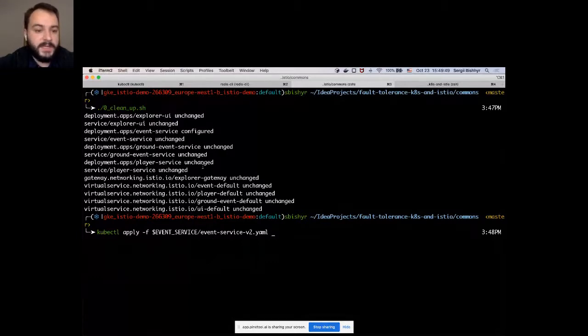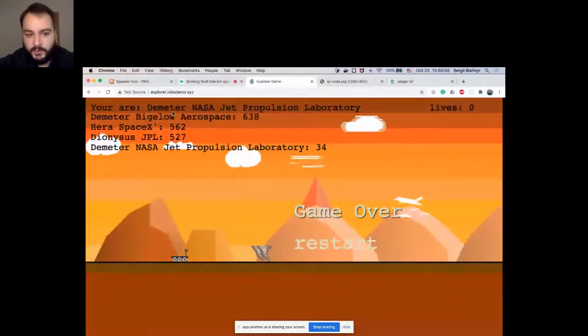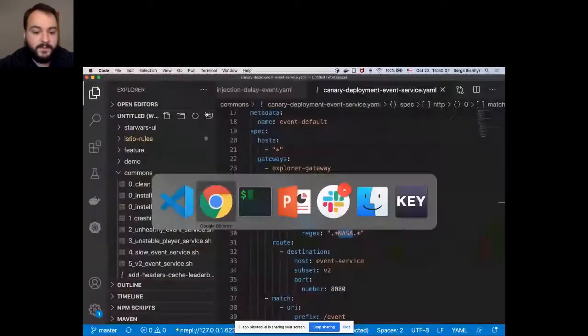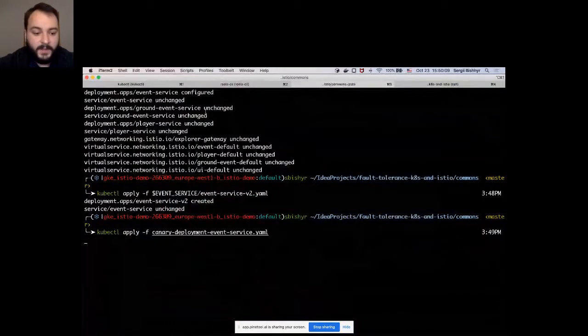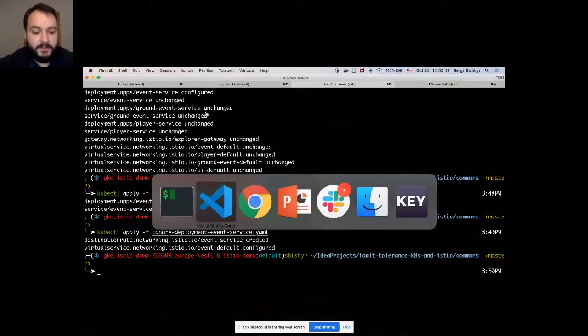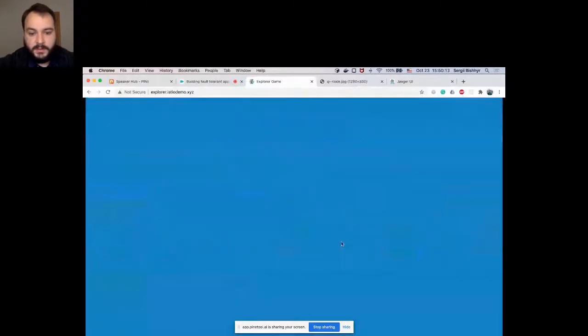For example, since I'm a user from NASA, let's deploy it for the NASA users. So it's being deployed. Okay, so now I'm not NASA actually anymore because I will receive the new name of the rover. Let me restart the application again.